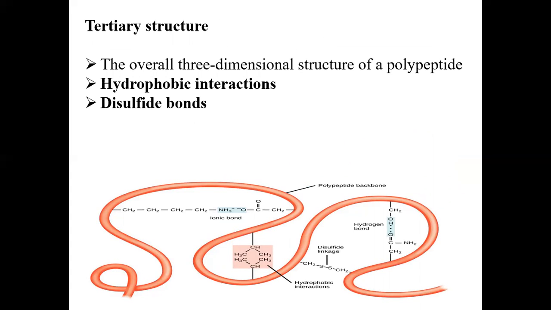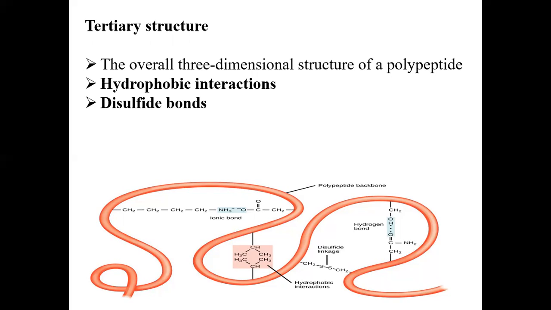Tertiary structure: the overall three-dimensional structure of the polypeptide chain is called its tertiary structure. The tertiary structure is primarily due to the interactions between the R groups of the amino acids that make up the protein. Important to tertiary structure are the hydrophobic interactions, in which amino acids with non-polar hydrophobic groups cluster together on the inside of the protein, leaving the hydrophilic amino acids on the outside to interact with surrounding